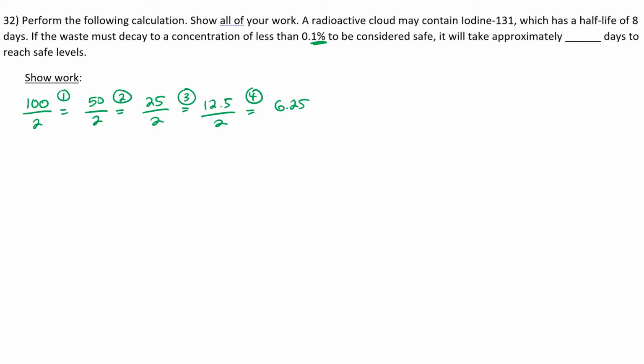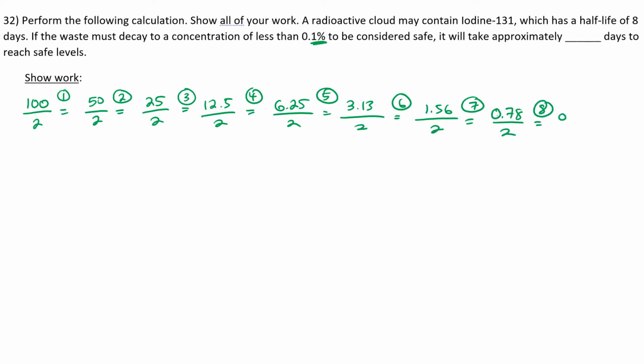Gives me 6.25 divided by 2. Gives me 3.13 divided by 2. Gets me 1.56 divided by 2. I'm not there yet, y'all. 0.1%. 7 half-lives there, so 0.78 divided by 2 gets me 0.39 divided by 2 gets me 0.195 and I divide it by 2 one more time. That's a total of 10 half-lives, y'all, to get 0.0975% of the mass. So now I know that it takes 10 half-lives,